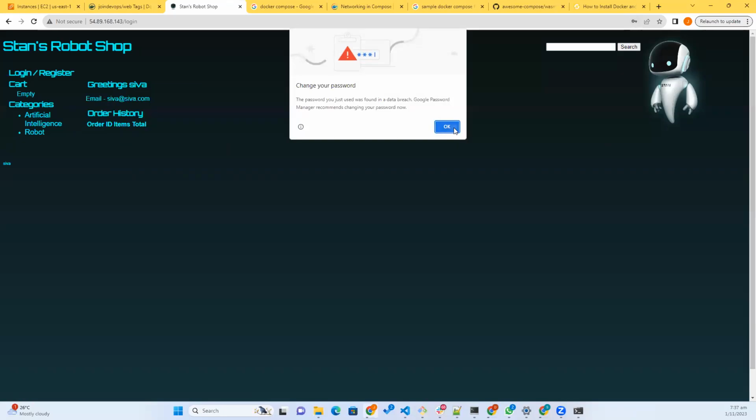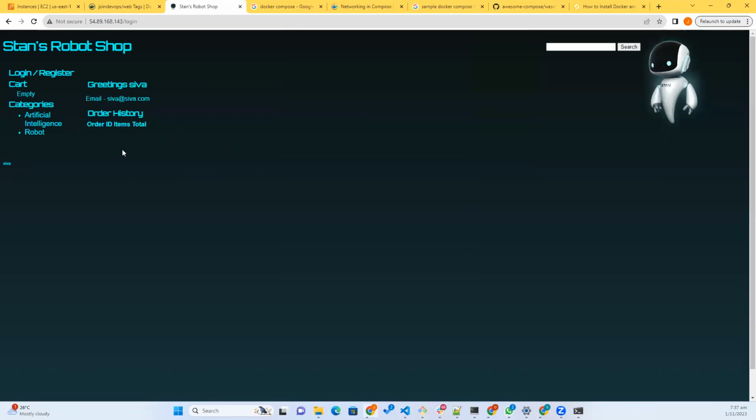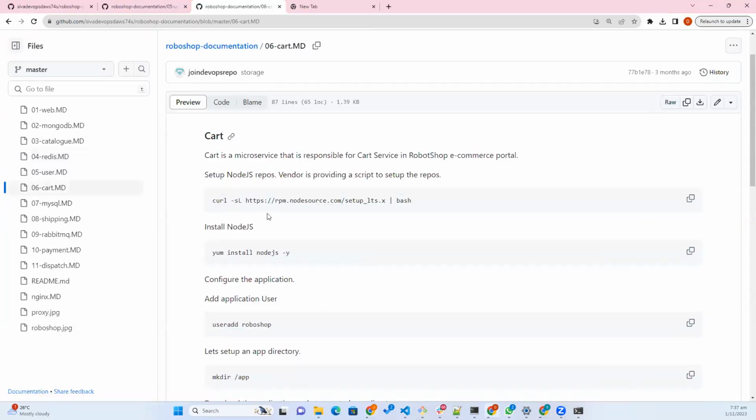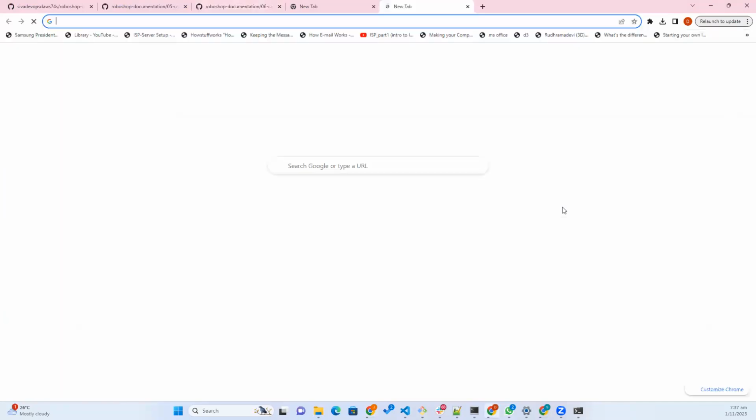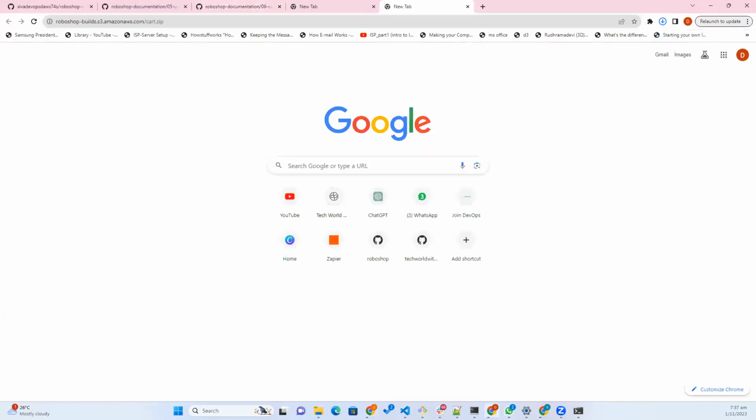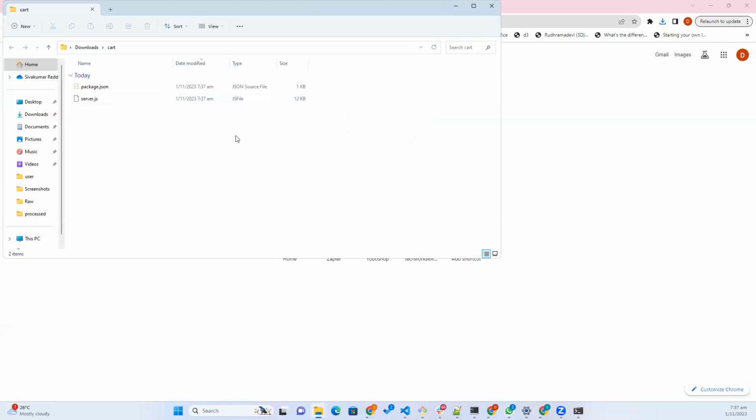Register. So now it is working. Okay. So now let us configure our cart also exactly the same way. Extracting. And take package.json